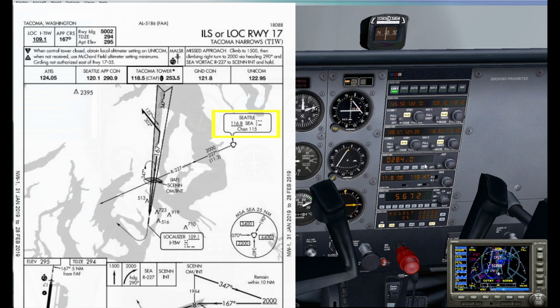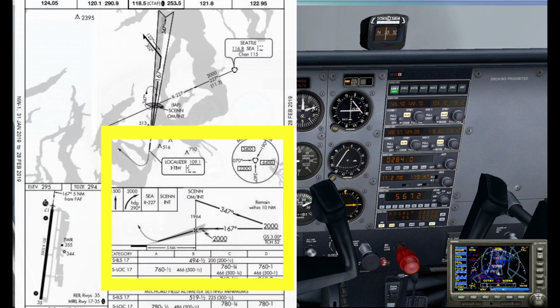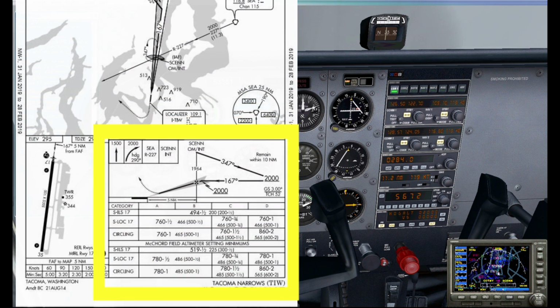Alright, and that's done. So both those are identified. And DME is on. We're looking for 11.3 miles from Seattle on the 227 radial, which would be SCENN. Alright, we can descend to 2,000 feet, and then from 2,000 we can descend down to 494 for